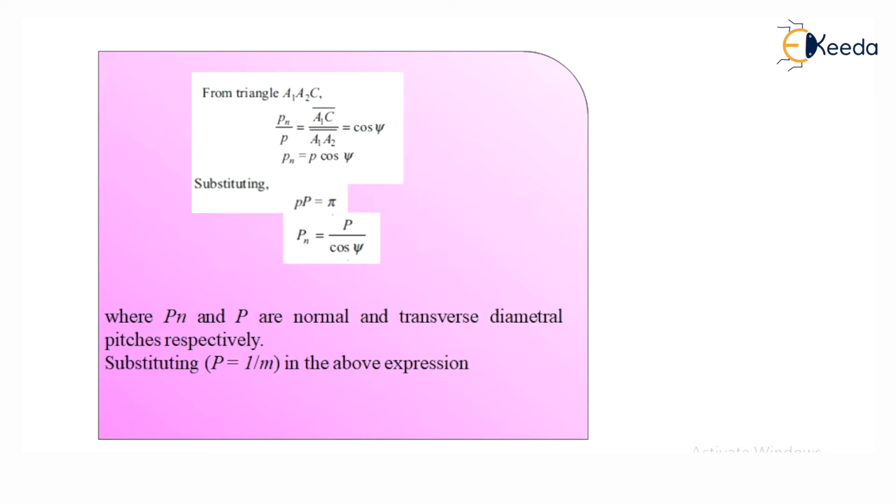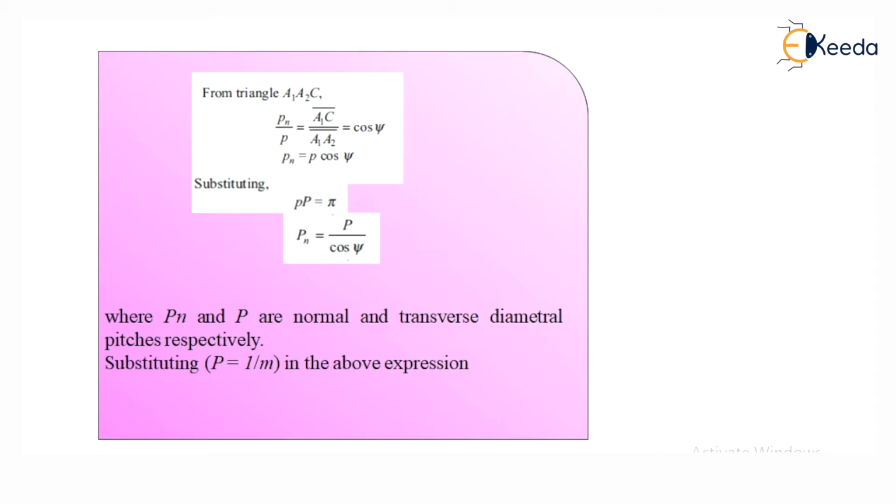Substituting P is equal to pi upon capital P and Pn is equal to pi upon capital Pn in the above expression, we get pi upon Pn is equal to pi upon P into cos psi. That gives me 1 upon Pn is equal to cos psi upon P. So I get the formula capital Pn is equal to capital P upon cos psi,